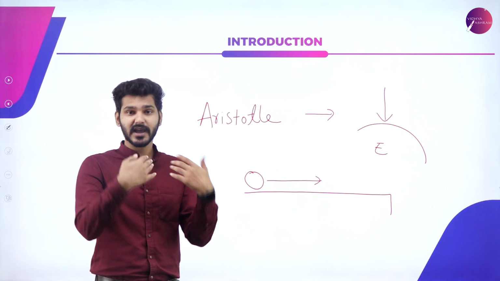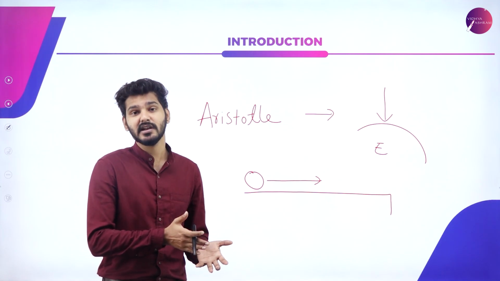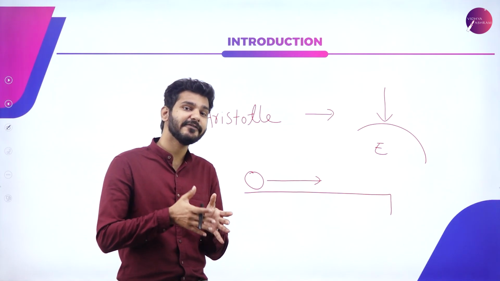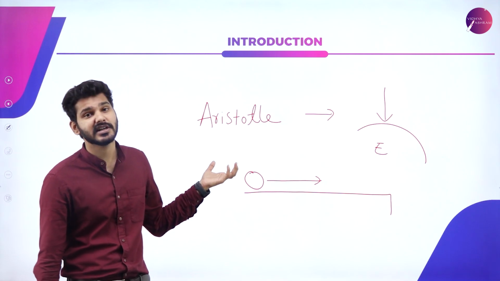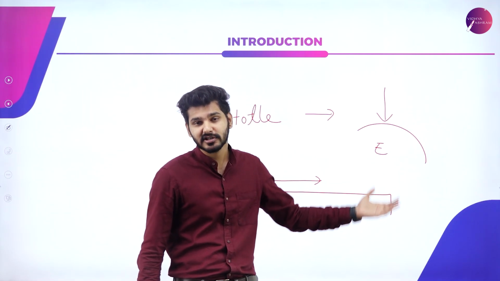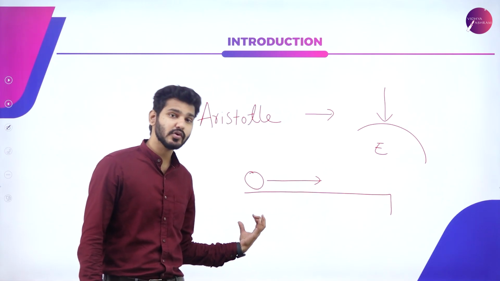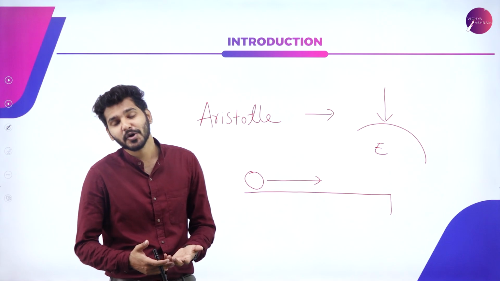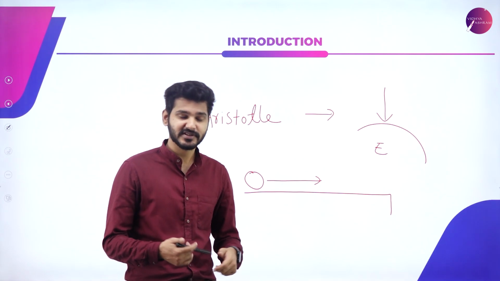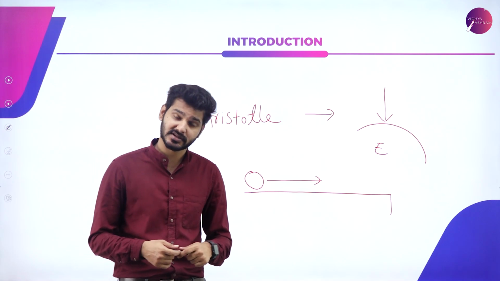By the time of Newton, physics took a drastic turn. Until then, physics was not understood perfectly. So the initial conditions for Aristotle were that he thought objects fell onto the Earth because the object had a strong yearning for the Earth, and objects in motion tend to stop because the objects were getting tired. Obviously, we know that this is not the right thing, but Aristotle thought that this was the right thing.